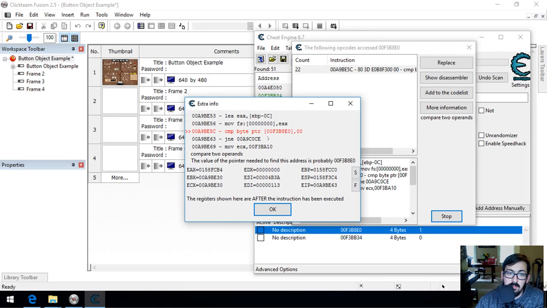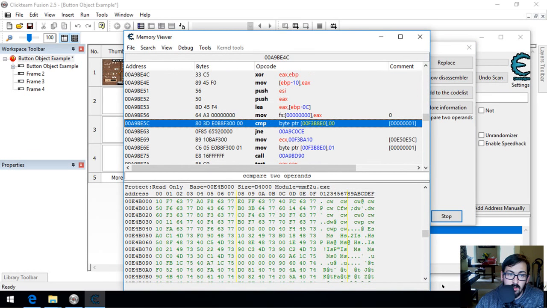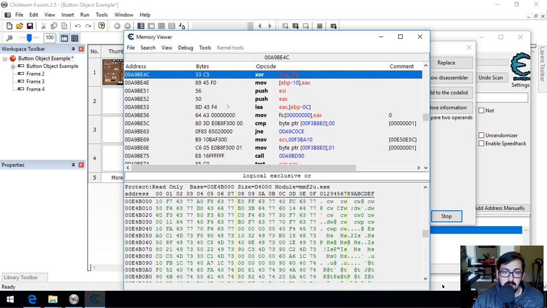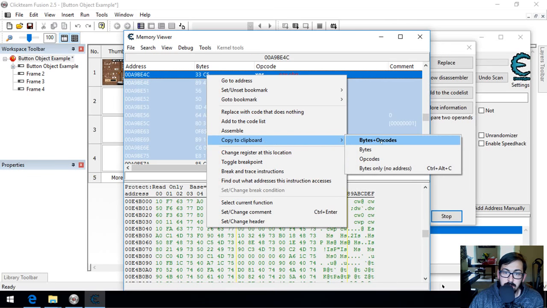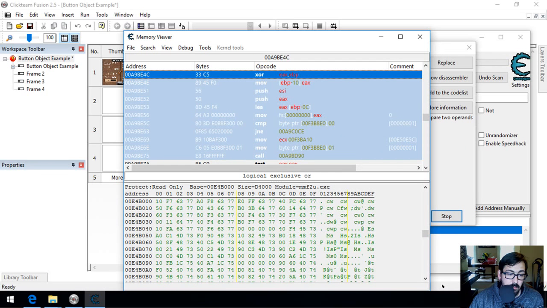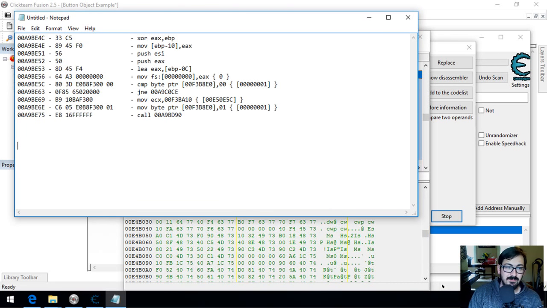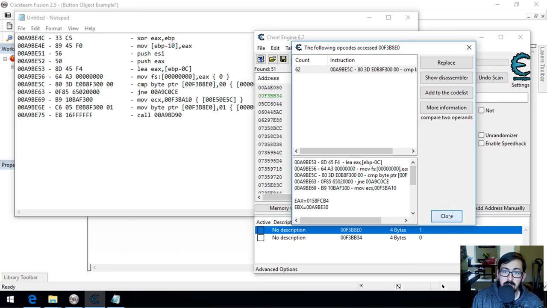Let's go like this. And I want to copy all of this. Oh, you son of a bitch. Copy to clipboard. Yeah, bytes and opcodes, sure. Notepad. Always have a notepad. See, this is how we're going to remember shit. There we go. And then we can close this, because what I want to do is find out what writes